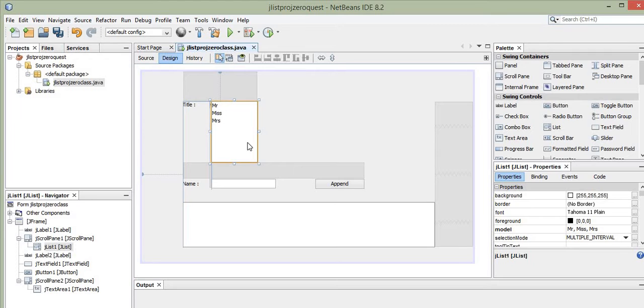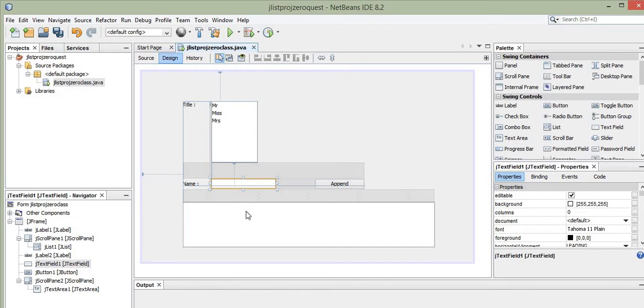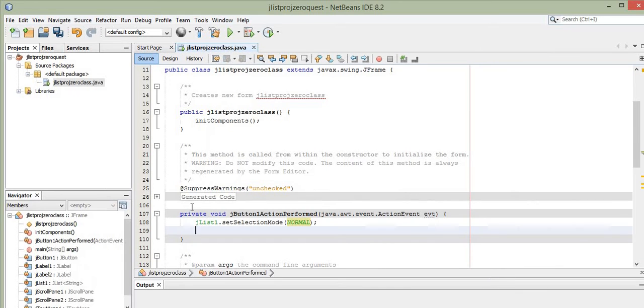Now once you have set the selection mode of this JList control into normal, you can take its entries, that is Mr., Miss or Mrs. for title, and the entry of the text field to get copied into this text area control. And this can be done by writing a statement called jtextarea1 dot set text,